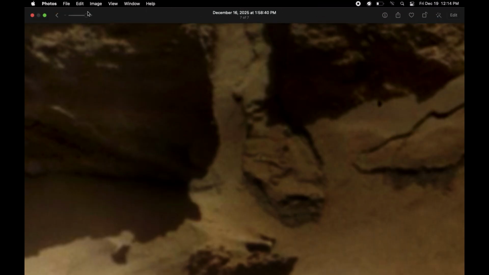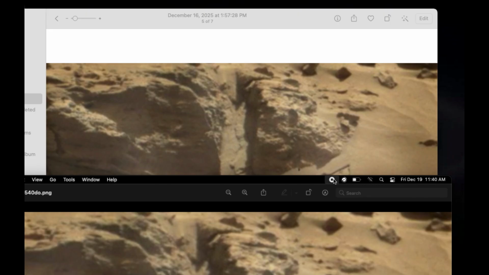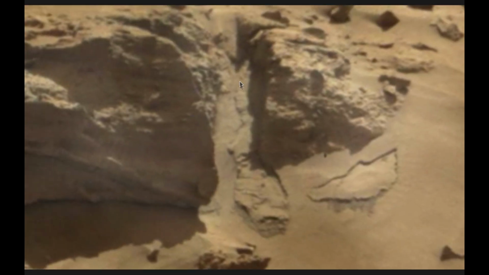Just notice these intricate patterns of design, this area as well. Is next. Voila. And this is the panorama MSL's 540